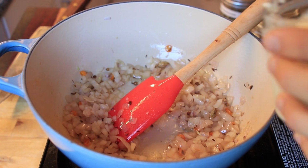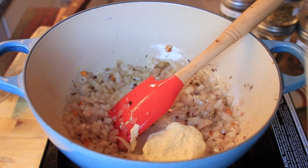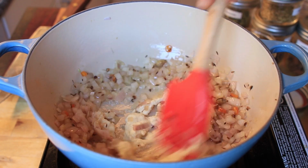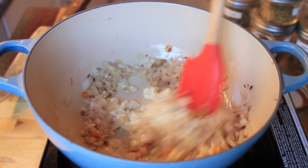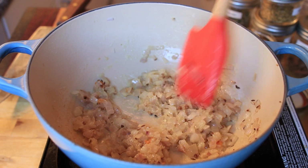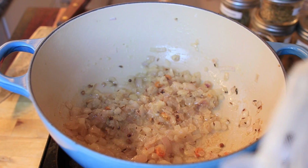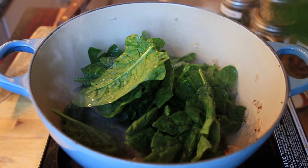And then once those onions are looking delicious, just like this, we're gonna add in our ginger garlic paste. So just give about a spoonful or two of that stuff. And the ginger garlic paste will cook very quick because it's a paste. So you gotta make sure you stir that around so it doesn't burn. Once that cooks for about a minute, we're going in with our spinach, and this is gonna look like a